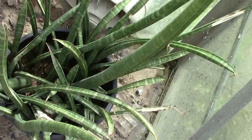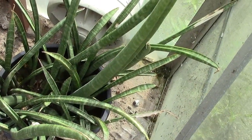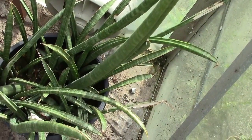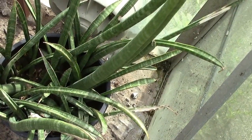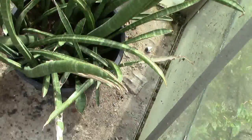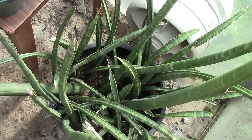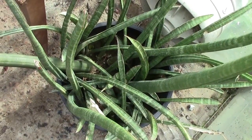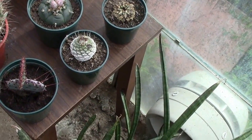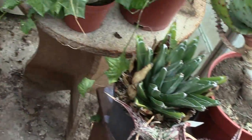This actually came off a plant that was being shown by the other Kirstenbosch Gardens at the Chelsea Flower Show several years ago. They were giving the cuttings away, and a friend of mine grabbed them. Very grateful for that as well, because they have turned into very nice plants. Slow growing. This plant, along with the other Sansevierias in winter, are brought indoors, and they sit in the porch window to get a bit of light, but also a bit of warmth. Now, just finishing off in here,